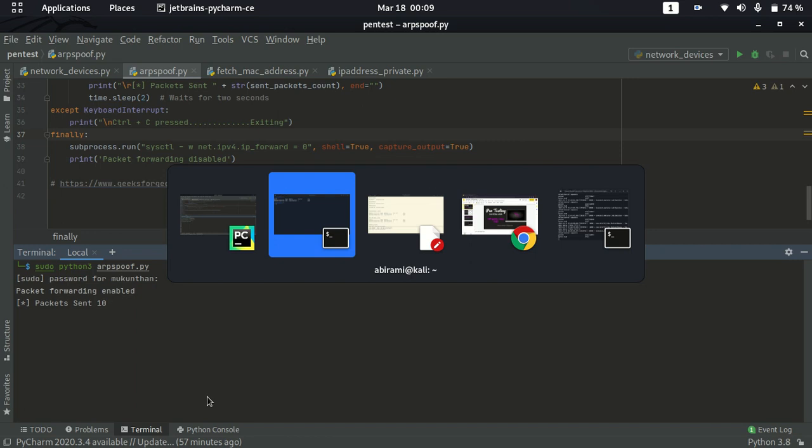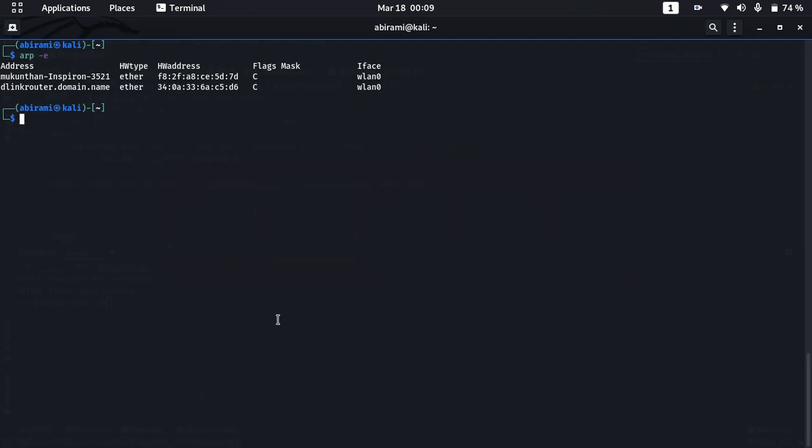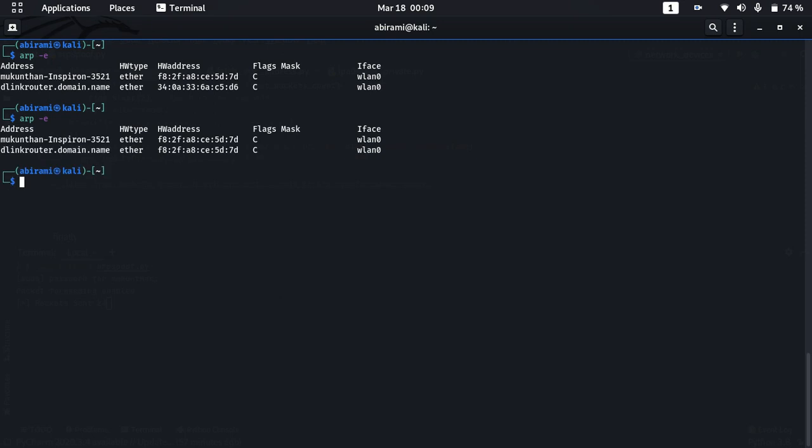Now we will go to the victim machine and we will execute the same command. Now you can see the router MAC address will be mapped with the same as the attacker MAC address. Yes, you can clearly see the attacker, the hacker MAC address ends with 7D. The same way, now you will have the entry in the ARP table, like 7D will be the MAC address for the router as well, so that whenever the victim has to send the request, he or she will be sending it to my machine because my MAC address will be updated here.